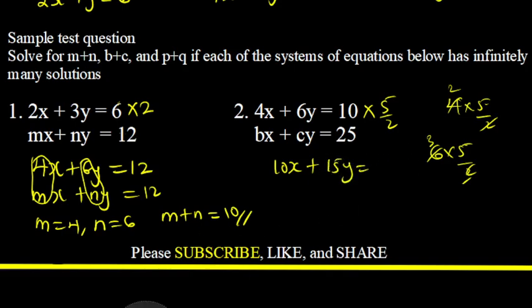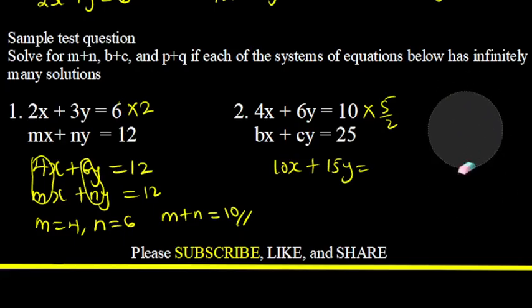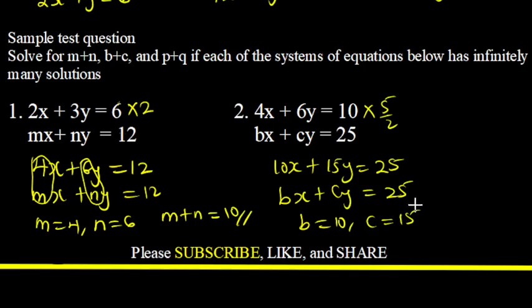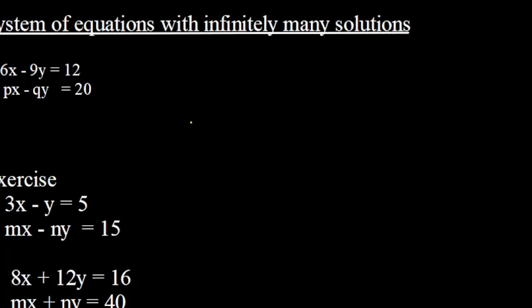Then 10 times 5 over 2 is 25. So this is 25, and we have bx plus cy is equal to 25. The equations are now equal. So b is equal to 10 and c is equal to 15. Okay, so b plus c is equal to 25 because 10 plus 15 is 25. Then for the third question,